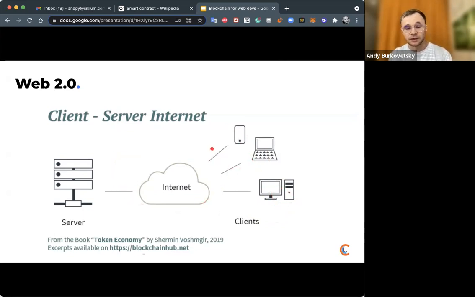They use the internet to access some server, some company server. An example could be Instagram. We can access the Instagram server and ask them to store our images, our photos on their server. And on our request, they give us back this image.